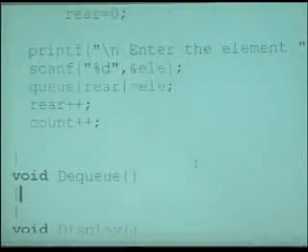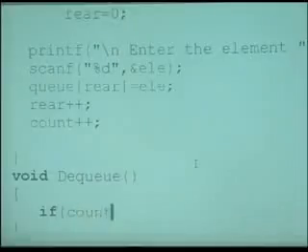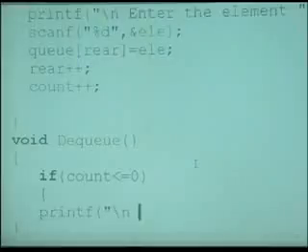Now let's come to DQ. DQ is not allowed if the count is less than or equal to 0, because Q is empty.